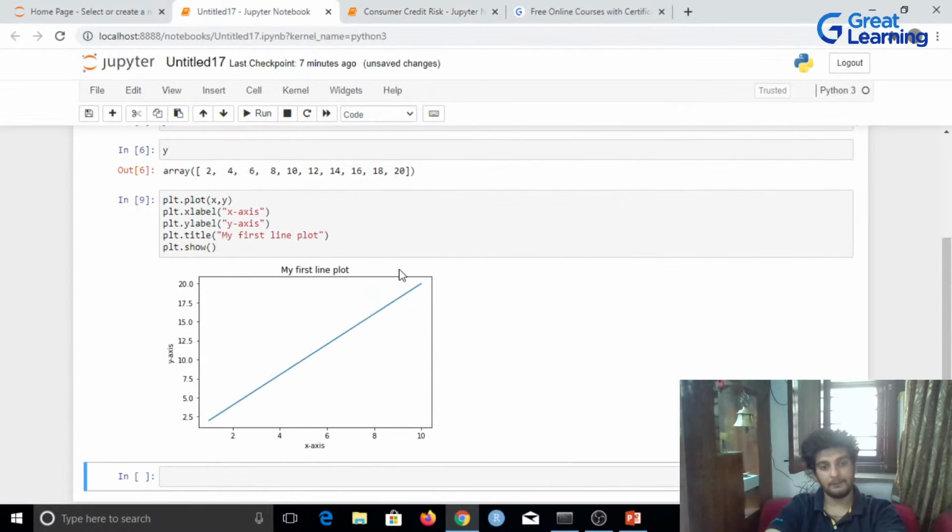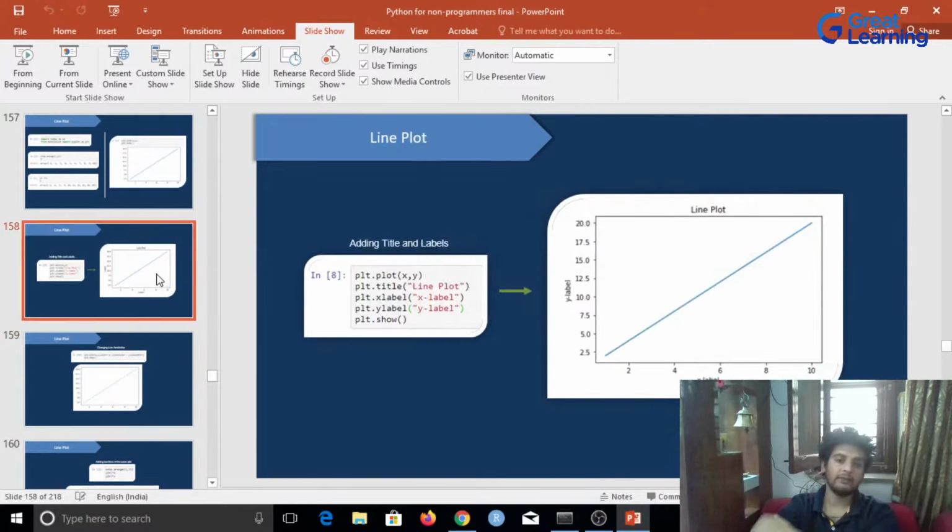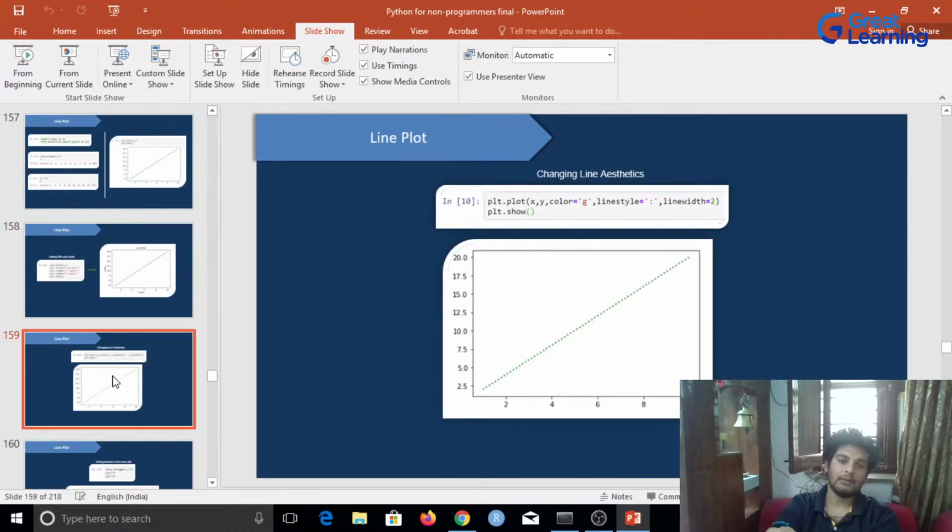So we have added the X label, Y label, and also the title. Now I'd want to add a color to the line, and also change the line width and the line style. To add color, I can just use the color parameter over here. I've set color equal to g, line style equal to a colon, and line width equal to 2. As soon as I give green, the color has changed. Initially you would see that this is a solid line, and now I've changed the solid line to a dashed line,